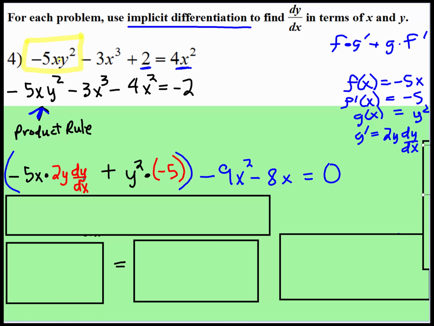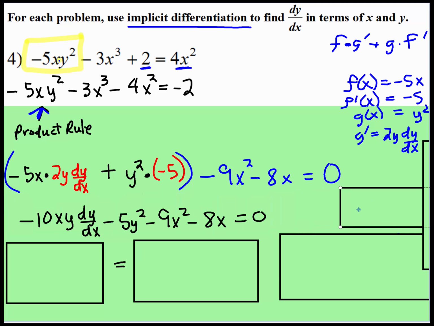We need to get this dy dx by itself. It would first be a good idea to simplify. So negative 5x times 2y, simplify that. Y squared times negative 5, simplify that. That would be probably a good idea to do that as a first step. And then we're going to get